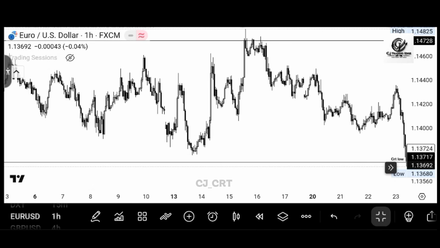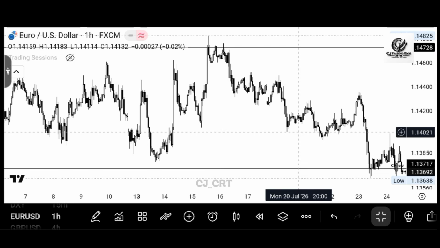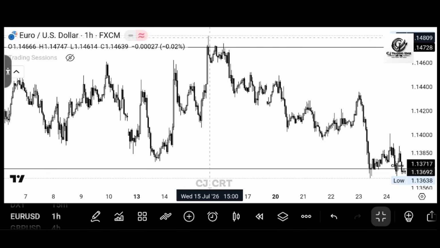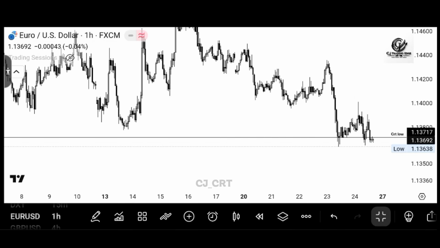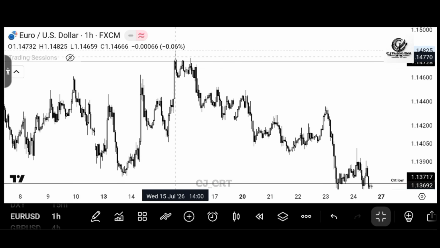So with everything I've been teaching you, I'll leave you to look for the entry here. Maybe 5 minutes, 15 minutes, anything. So as you can see, once you sell from here, two positions or one, anyone, you have to be